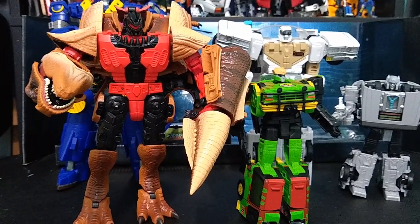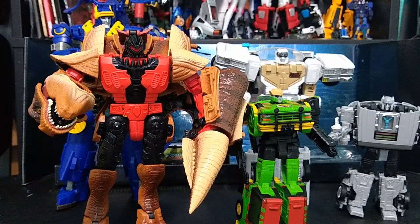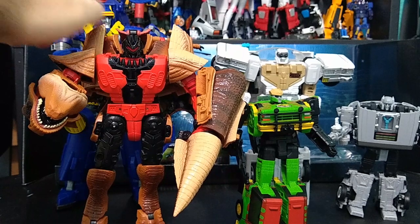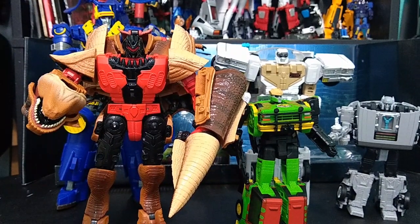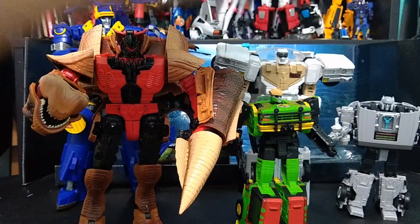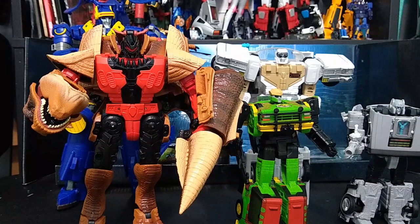Now, I don't have Maverick, and I'm not getting the My Little Pony figure, but just to show you how they look comparative size, they look good. It's a unique and fun size. Now, my camera isn't showing it too well because of the angle, but she's only coming up to the top of the X on him. And, of course, she's slightly taller than Ectotron. And, of course, Gigawatt is the smallest of the group,